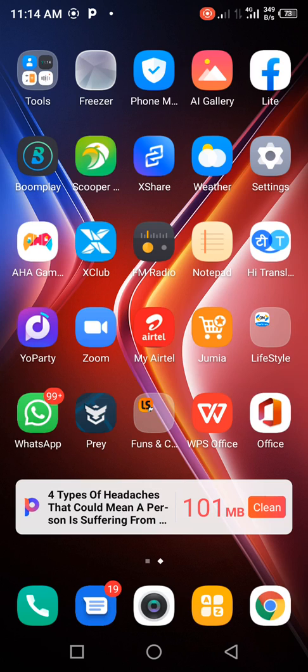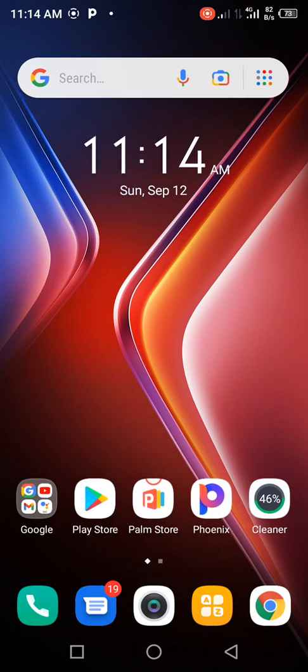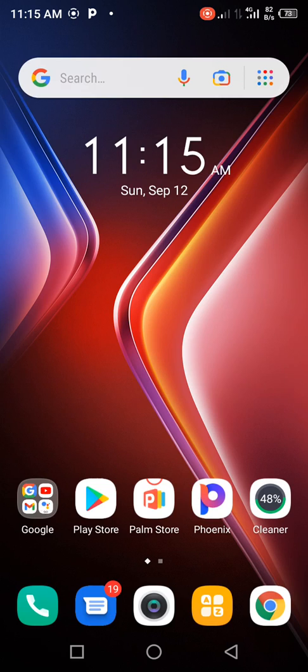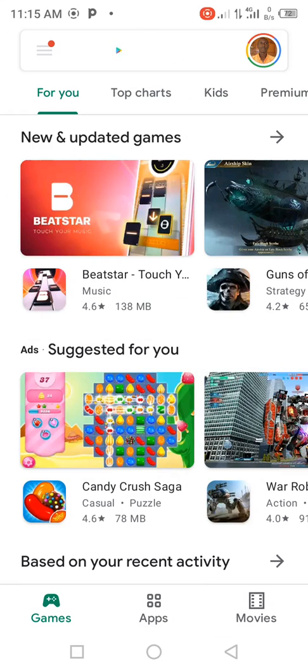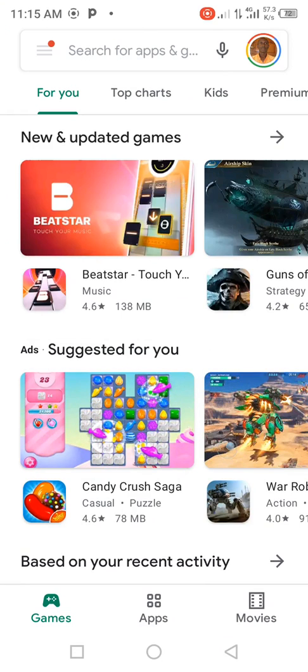So to download the Padlet, on our home screen, we scroll and look for Play Store. As you can see on my home screen, I have my Play Store here. So I touch the icon for the Play Store. When the icon for the Play Store opens,